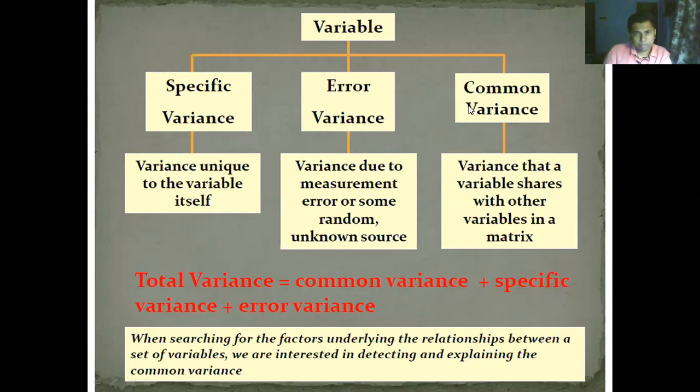And that is why an underlying model structure can be identified using factor analysis or exploratory factor analysis, because in factor analysis there are two different types: exploratory factor analysis and confirmatory factor analysis. Confirmatory factor analysis I will discuss later on, but as of now we are talking about exploratory analysis.